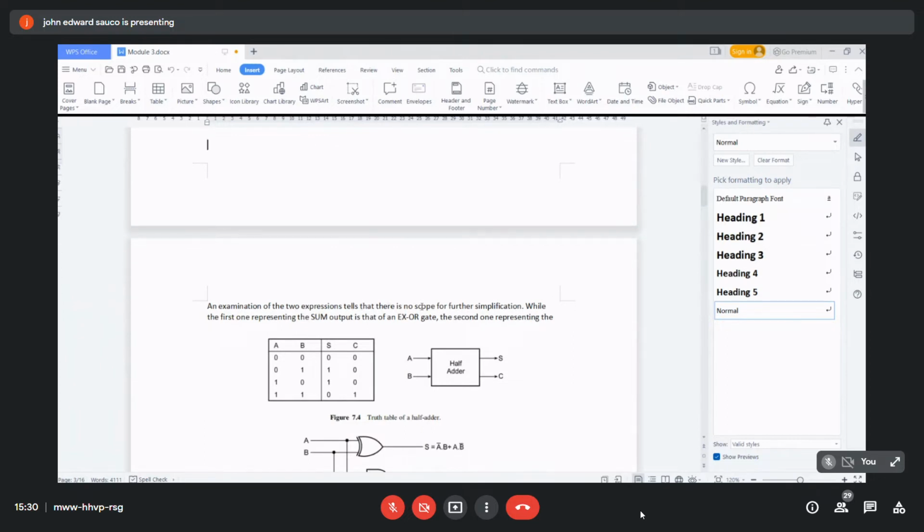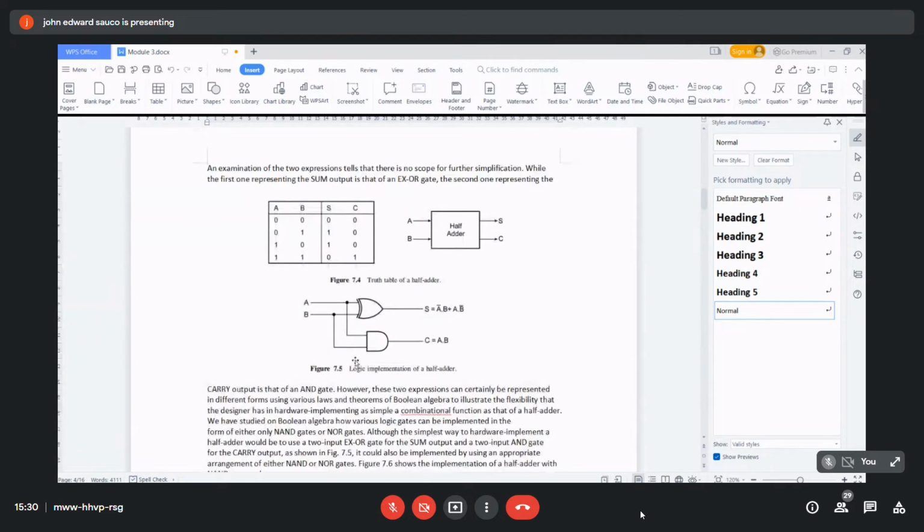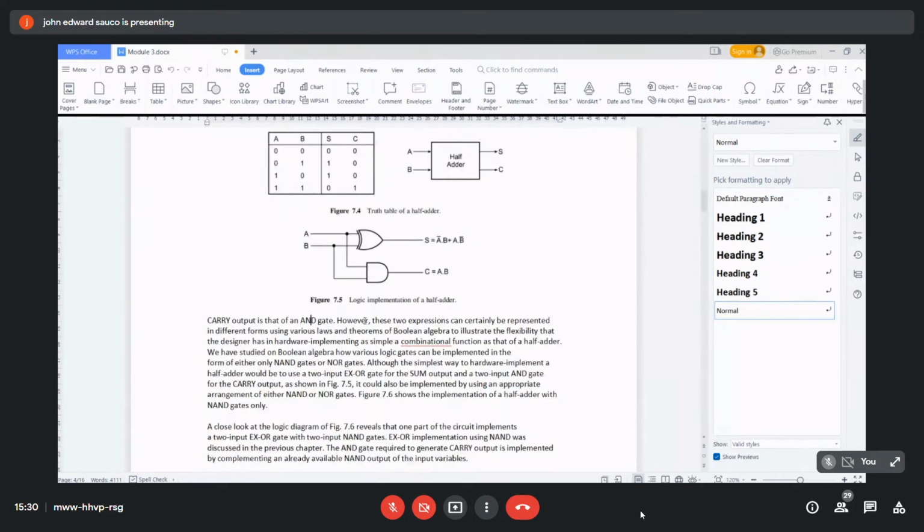So, the two expressions tell that now we go for the simplification. The first one, representing the sum output, is an XOR gate. The second one, representing the carry, is an AND gate. However, the two expressions can be represented in different forms. Of course, the various laws and theorems of Boolean algebra illustrate the flexibility of the designer in implementing hardware as a simple